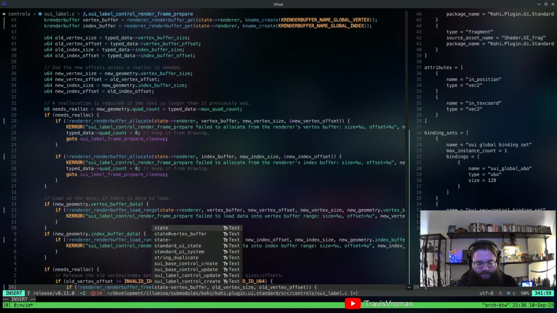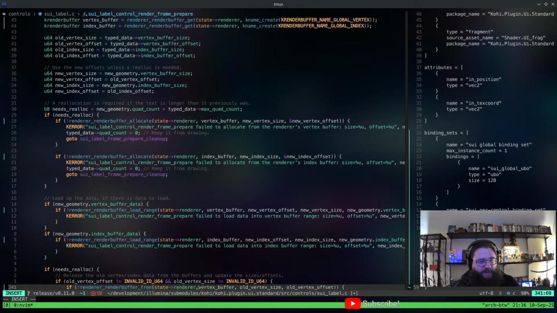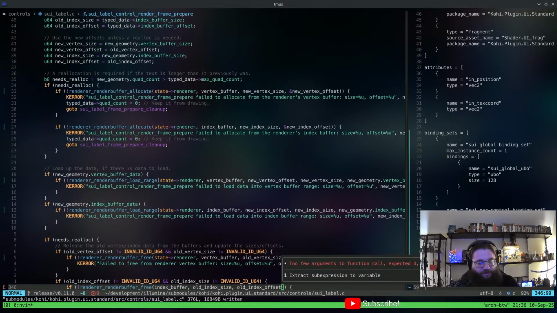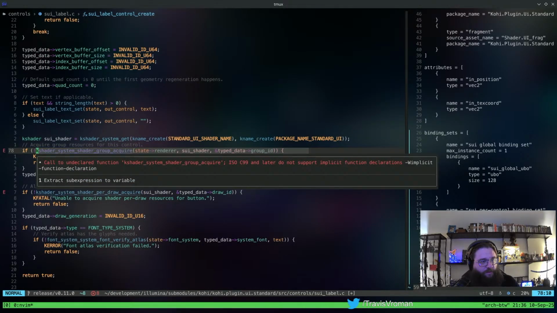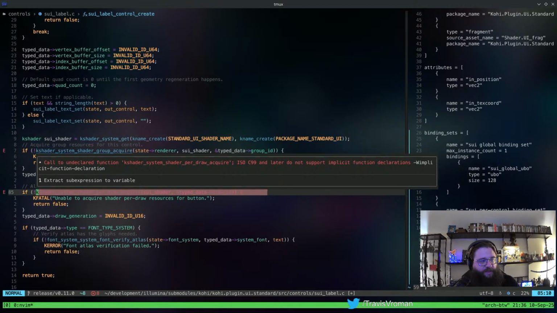Any of the spots in code where we have not updated this, right, because we're kind of passing the state everywhere now, we're going to have to go through and do that. Okay, so this was the per draw acquire and group acquire, which no longer exists.